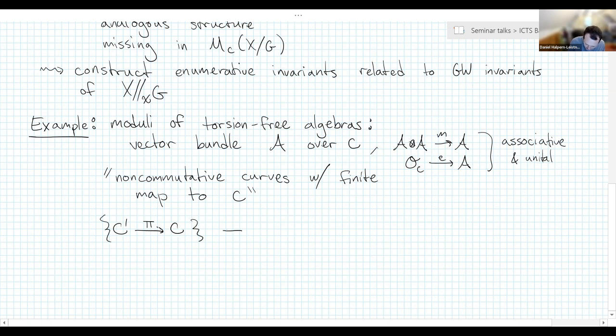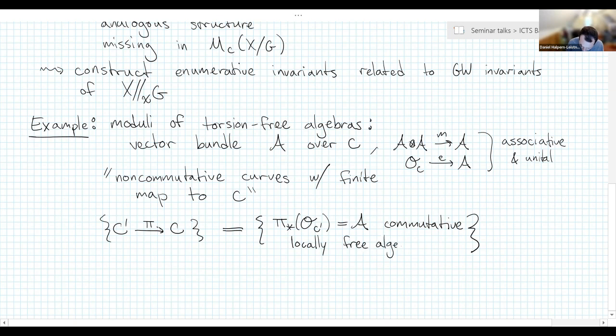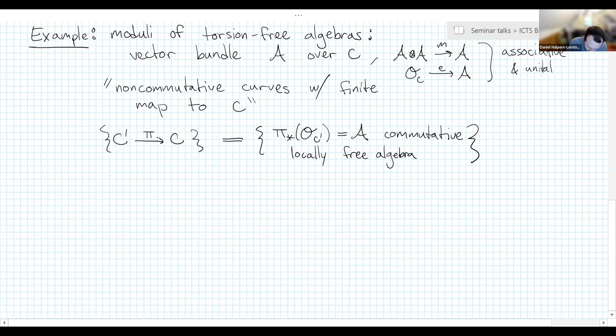then this is basically the same thing as giving a commutative algebra. If I take pi lower star of O_C prime, this is a commutative algebra. As long as C prime is pure of dimension 1, this is a commutative locally free algebra. And this is actually a bijection. So in some sense, you can think of this as